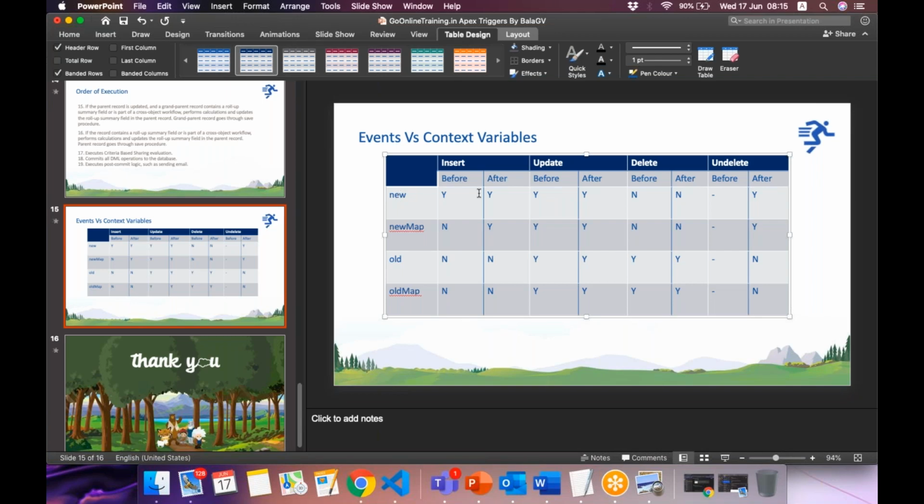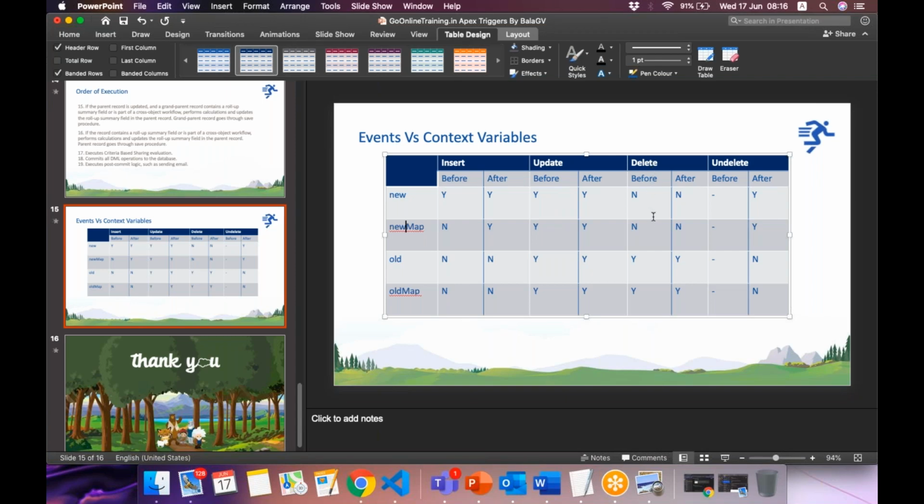After insert, Trigger.new and Trigger.new map will have record or data. Others will be null. Old and old map will not have data in both the events, before and after insert. Before update and after update, all the four will have data. Nothing will be null.